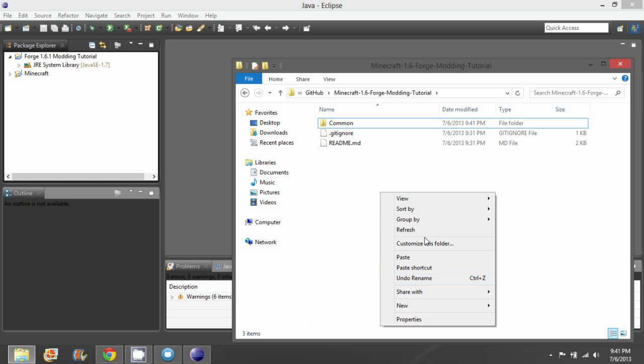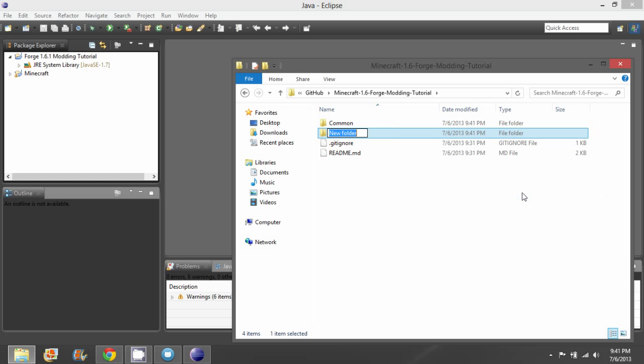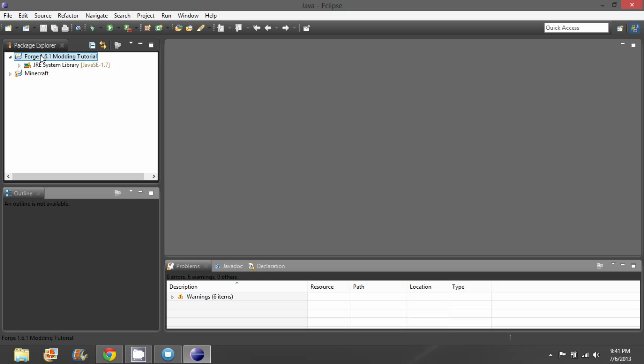Then I'll create a new folder, and I'm going to call this resources. If I could spell. And this is where all the textures are going to go. Yeah. So now if I do right click, new folder,